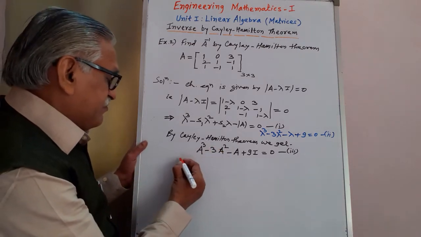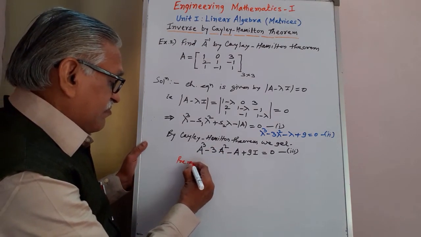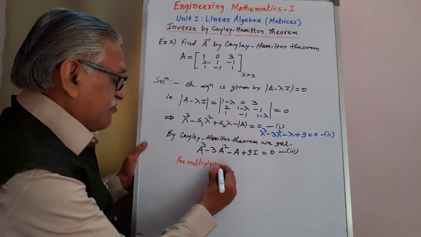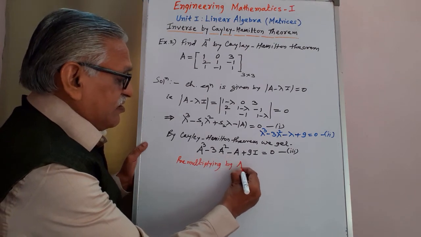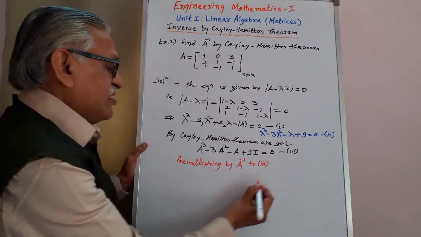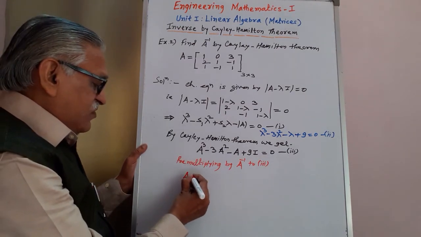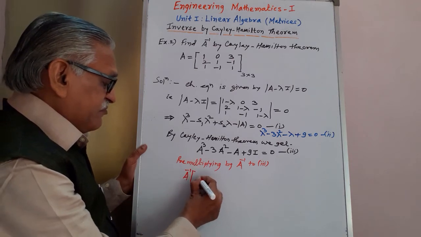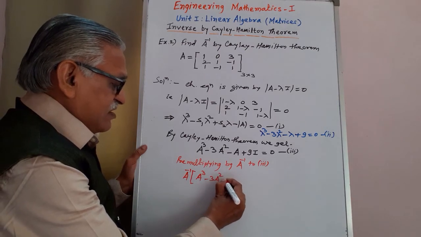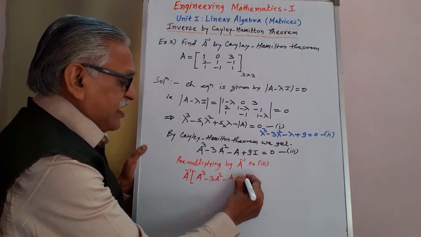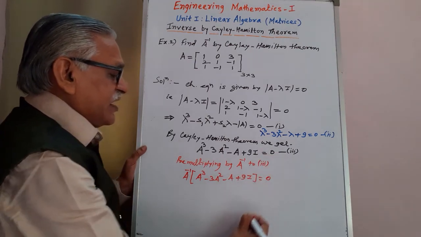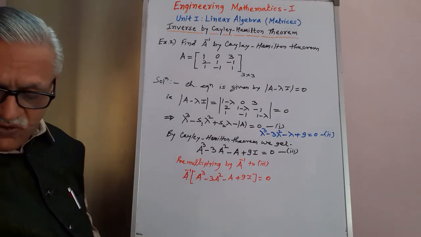Therefore, pre-multiplying A inverse to equation 3, it is A inverse multiplied by A cube minus 3A square minus A plus 9I equals A inverse into 0. That term remains 0, and therefore we have